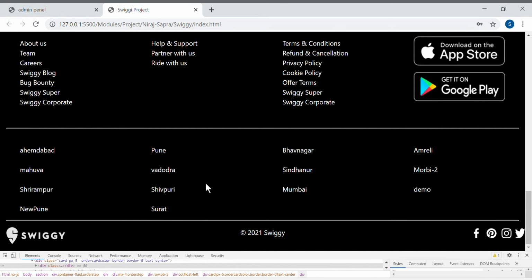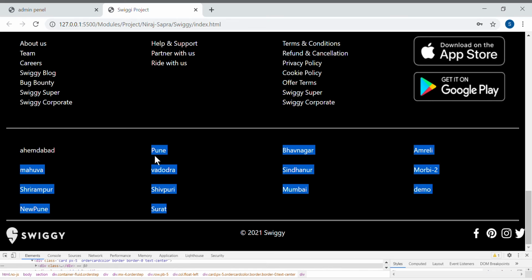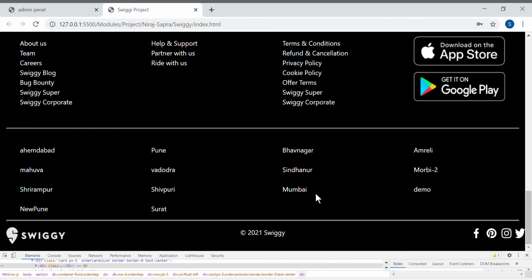We can try lots of cities. Here we recreate swiggy.com. Here we add lots of cities, more than 100 cities. So I can add the cities one by one using code, and we would have to write a lot of code for all the cities. So I created a city module, and an admin who is a non-technical person can add lots of cities very easily. Only add the city name and add more dynamic buttons. So a non-technical person can also add more cities as an admin, right?